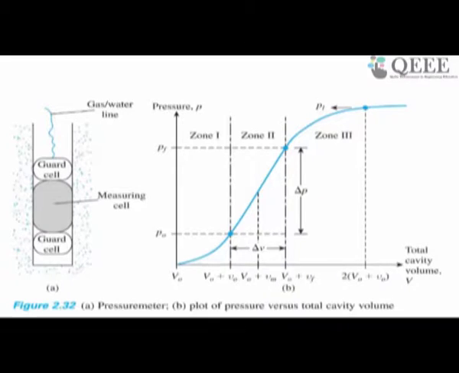There are three zones which are important. The initial phase is the initial pressure applied to send the borehole back to its original position, because once you make the borehole, there will be some deformation in the borehole which will reduce the diameter. Later you have to send the borehole back to its original position. The next is the pseudoelastic phase, which is important for the modulus characterization. The last is the shear failure zone or plastic phase, which is represented by zone 3. So, our concern is zone 2, which is used for the calculation of modulus.